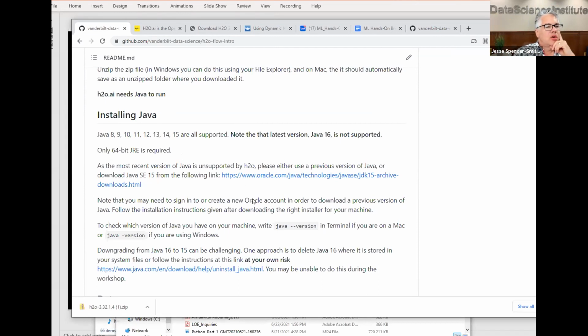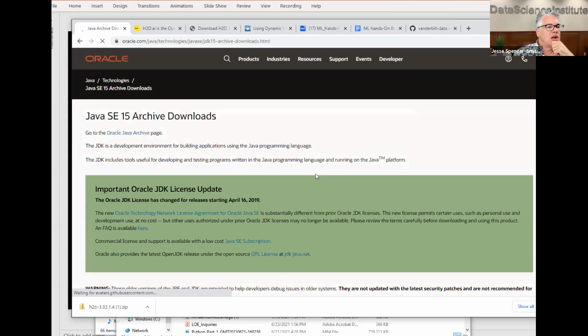But most of you don't have Java installed in the first place. So there's this link which goes to an older version of Java. What happened was they changed the licensing on Java 16, and so essentially it's not as free. You can't pass it around, so you can't use it for stuff like this anymore, which is a real bummer. So we're going to click on this one right here. It's called Java SE 15. We're going to click on that.